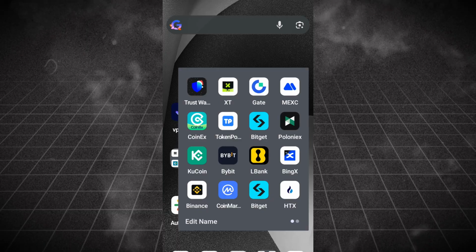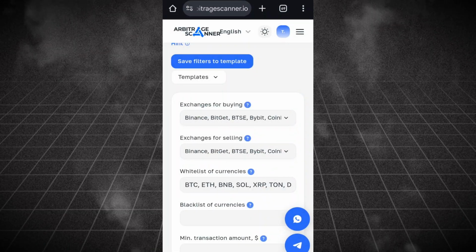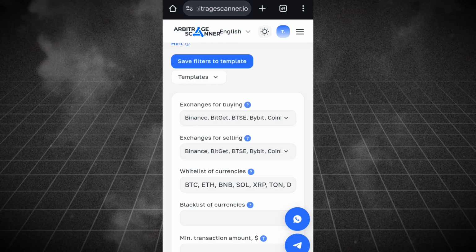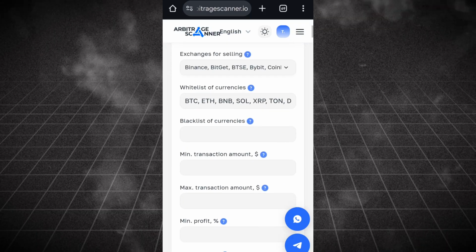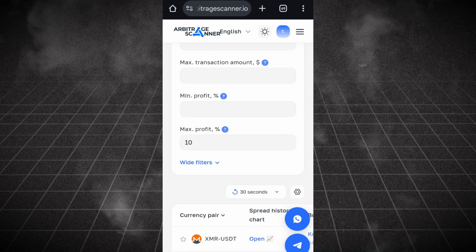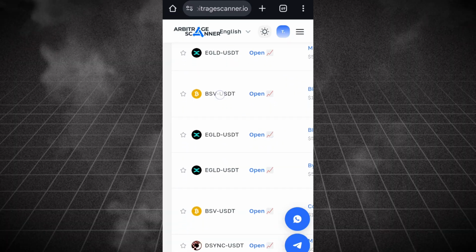Firstly, if you want to start from the beginning, there is a tool that is used to spot the arbitrage opportunity, which is this one right here, the arbitrage scanner. Arbitrage scanner is a tool that you can use to spot any cryptocurrency that has price differences so that you can use it to make money. Okay, so just go down right here. Let me show you the token. Take a look at it right here, which is